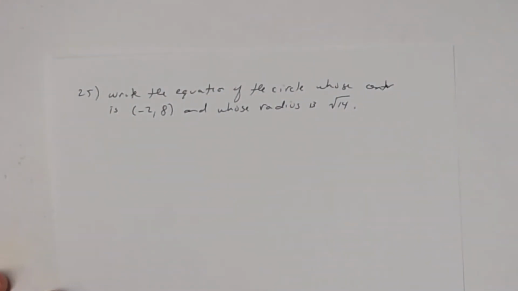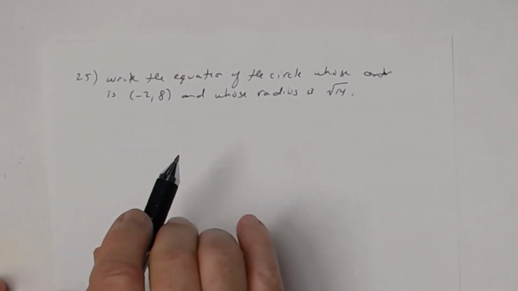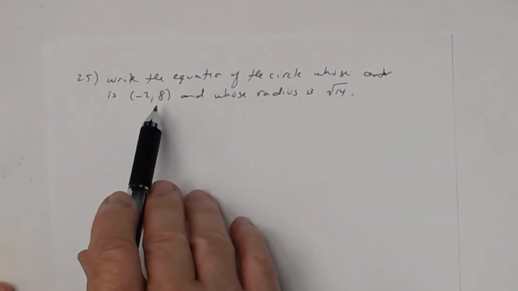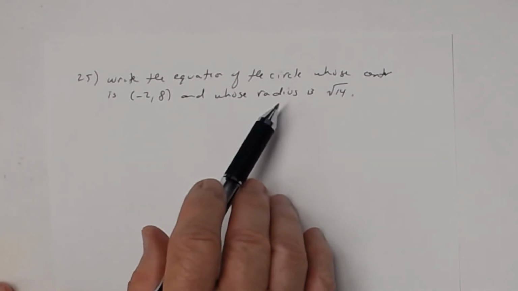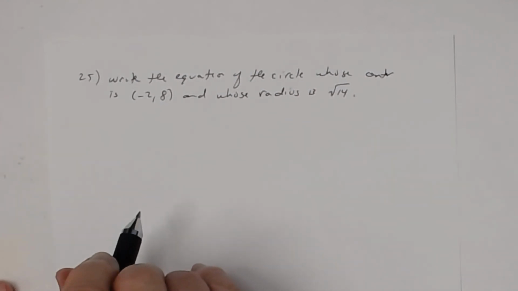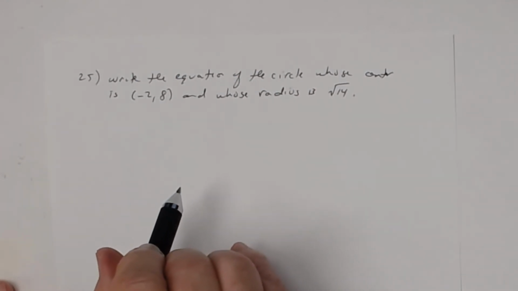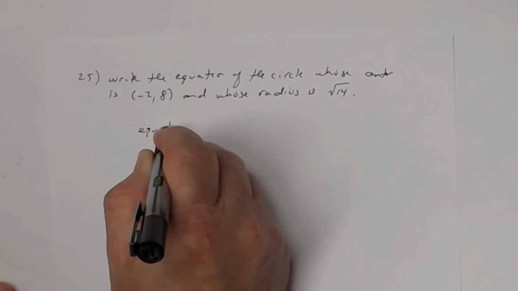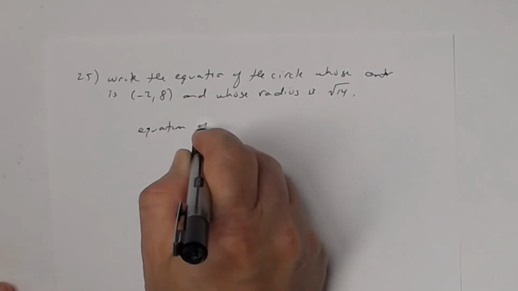Now let's look at 25, the very last one. This time you're dealing with a circle. You want to write the equation of a circle whose center is -2, 8 and whose radius has the length square root of 14. So remember the equation of a circle. The equation of a circle in standard form is